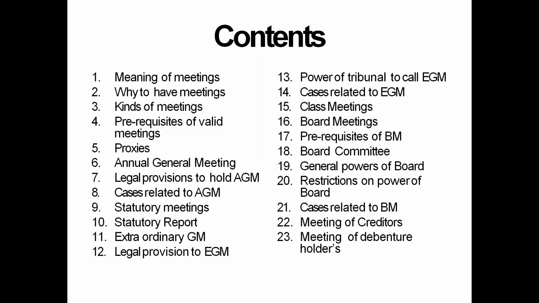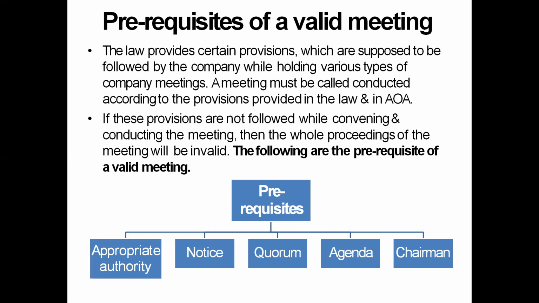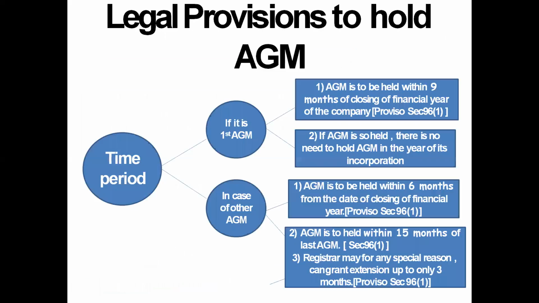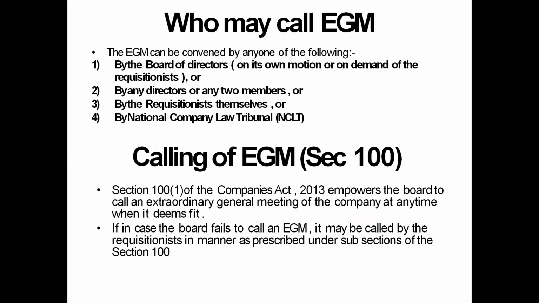Then the second kind of meeting is board meetings, which are conducted only by the board of directors. Then you have prerequisites of board meeting. The third kind of meeting is board committee. Board committees, there are different committees of the board, such as audit committee. You also have